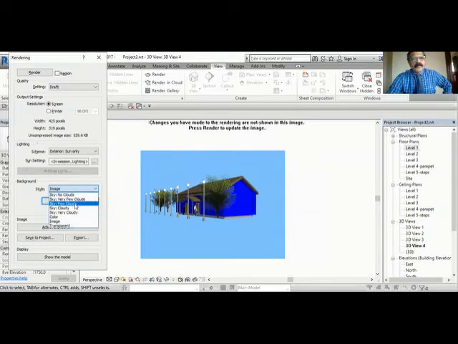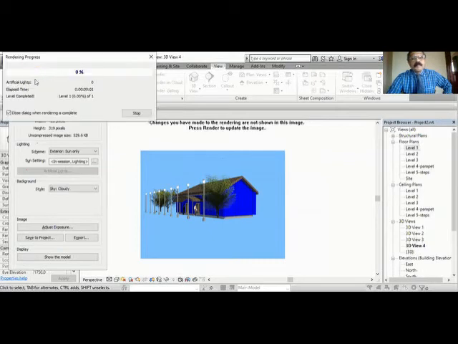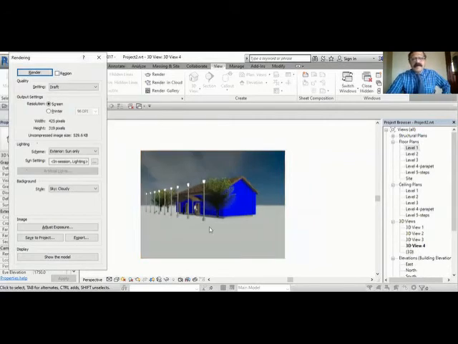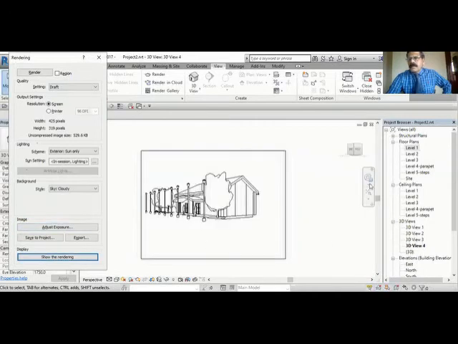With the cloud, there are different options: few clouds, very few clouds, cloudy, each a slightly different effect. More clouds are there like that. Okay. And if you make it medium, it will take a little more time and the quality will be a little better.